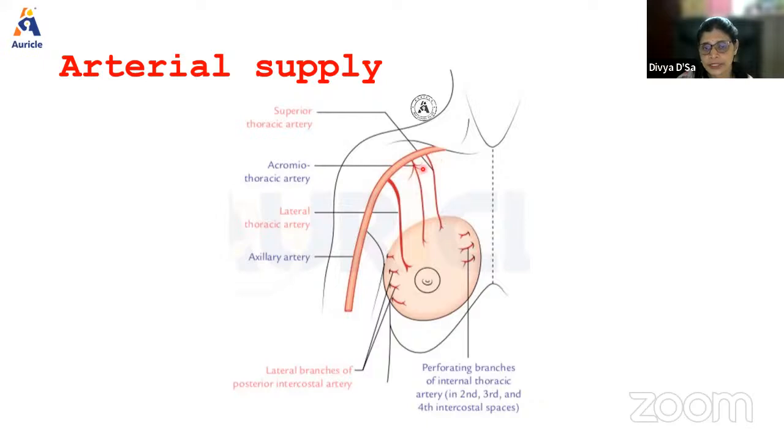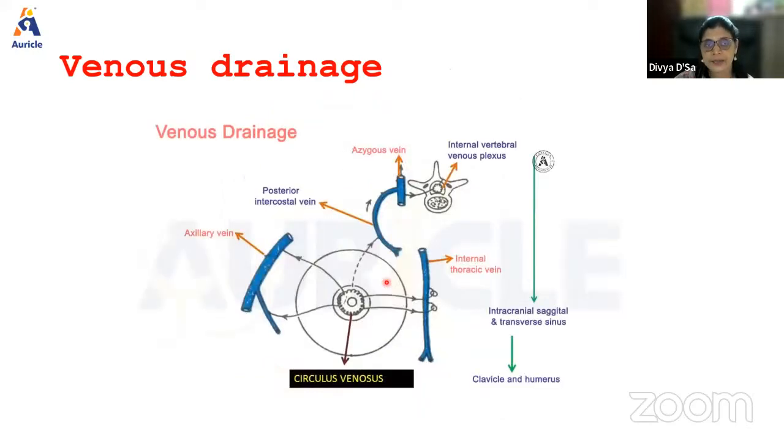and above it is supplied by branches from the first and second parts of the axillary artery, if you see here. So the superior thoracic artery is a branch from the first part of the axillary, and the pectoral branch of the acromiothoracic artery is from the second part, as well as the lateral thoracic artery, which is also a branch of the second part. And then laterally we have the lateral branches of the posterior intercostal artery. So these are the arteries which supply the mammary gland,